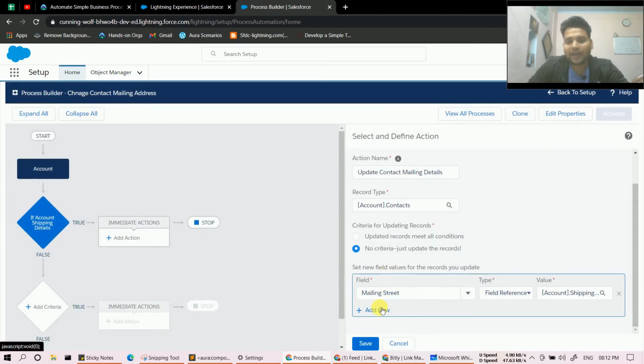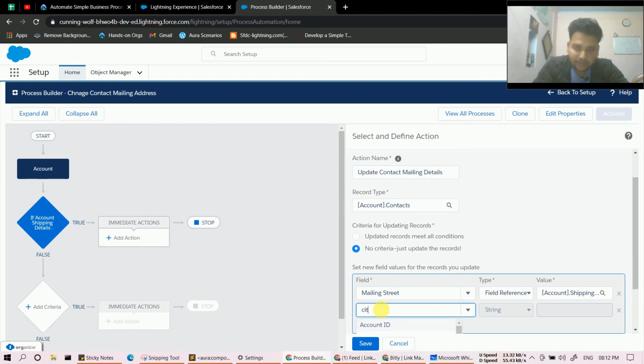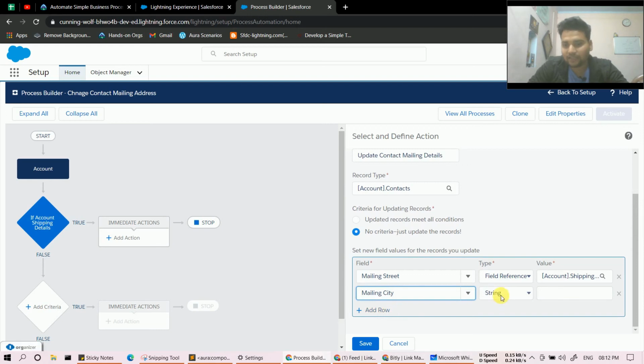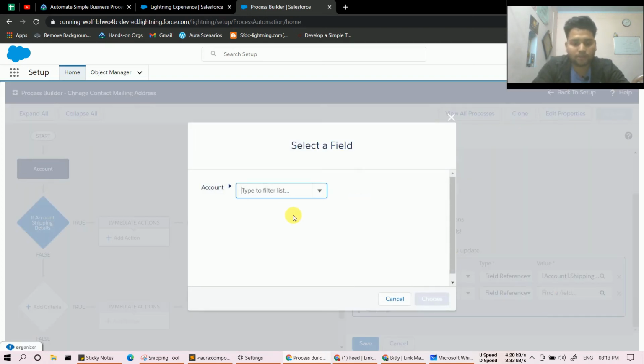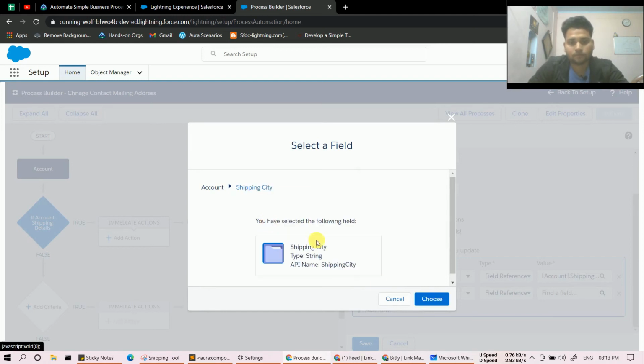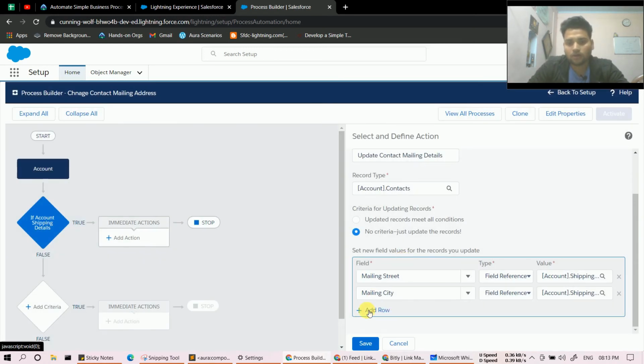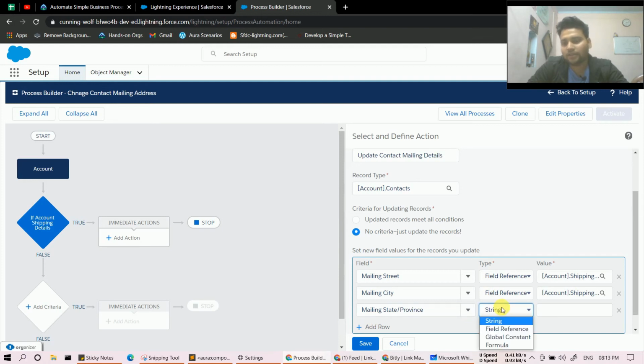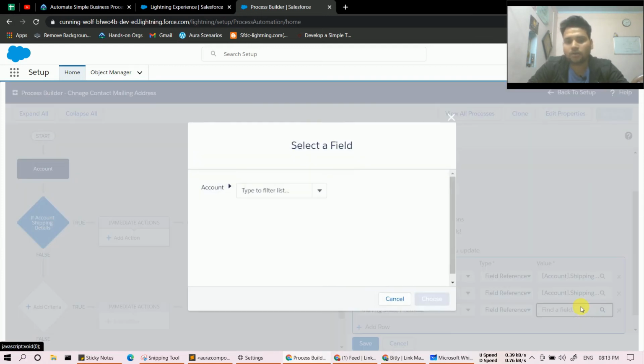Choose. Now add another row for city, mailing city, field reference, account, shipping city. Choose. Now for the state, mailing state, field reference, account, shipping state.